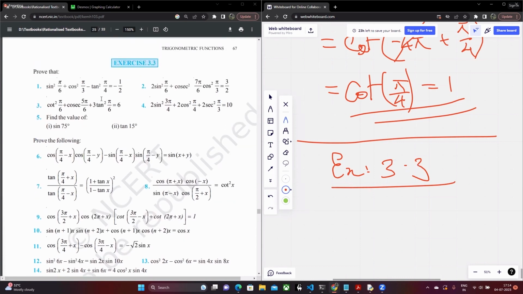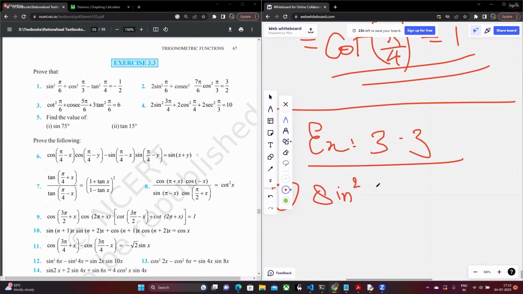Right? Prove that, question number 1. Prove that sine squared pi by 6 plus